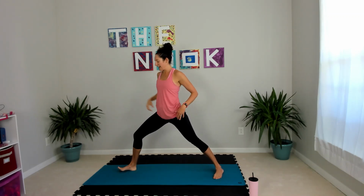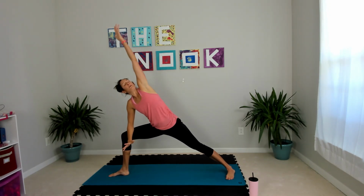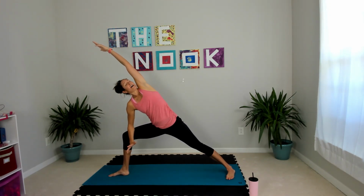Inhale brings us tall. All we're gonna do is flip over to the other side. Turn one foot in, turn the other foot out. We find side angle. Extend it, open your chest. And then we're not here long